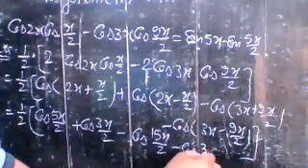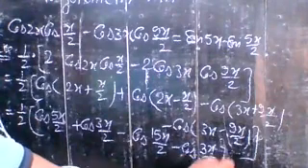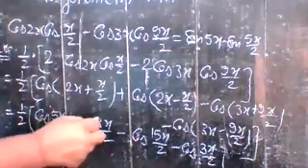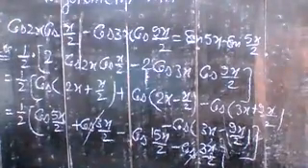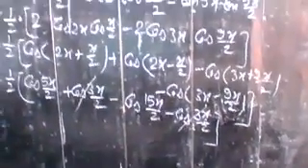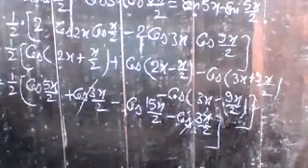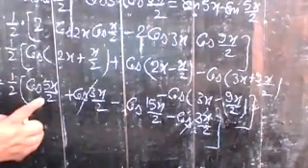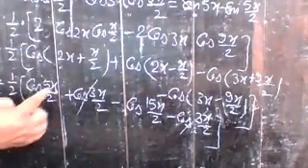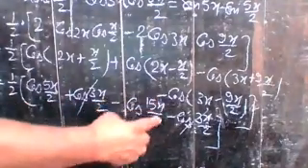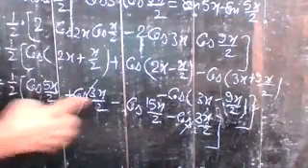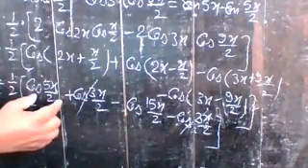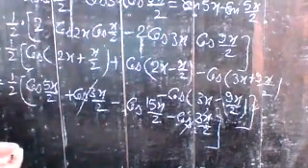So cos minus cos 3x by 2 you can write in this way. Cos 3x by 2 and minus cos 3x by 2 cancel out. So here you have a term like cos 5x by 2 minus cos 15x by 2. If you see the result, you have the difference of two functions, but your required result is in the form of a product.